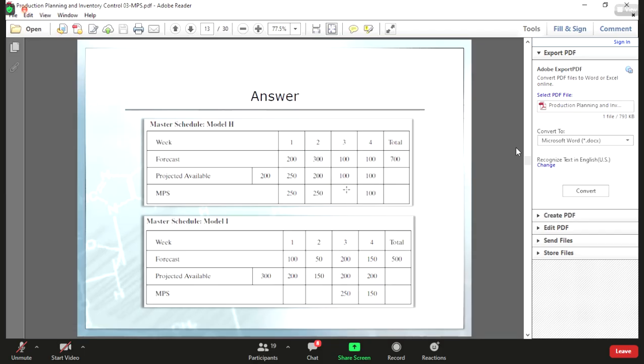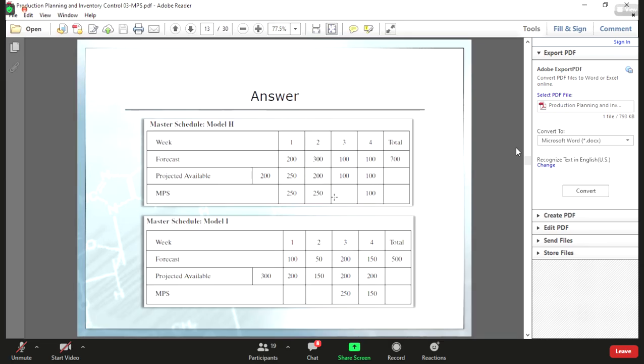After that, we do the same. In period 4, the fourth week, we decide to break down 250 into 100 for product H and 150 for product L. So in total we will have 100 plus 100 minus 100. At the end of period 4, we will have 100. So it is still safe. We can see from here our inventory is still positive, so it means that this MPS is still good.